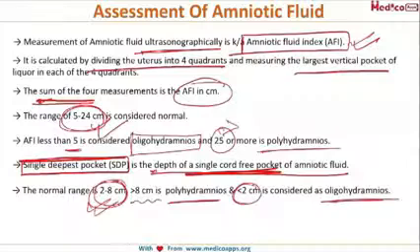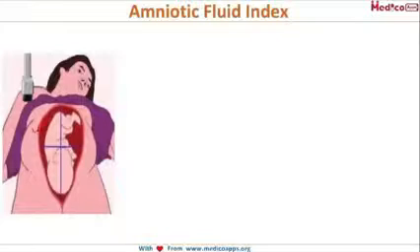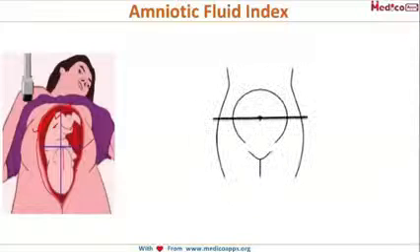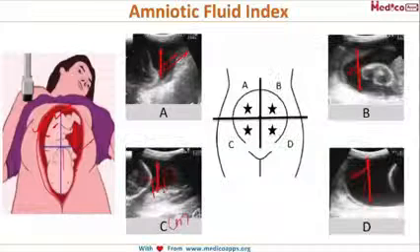Now if you have any confusion that how do we measure this amniotic fluid, you understand this by this diagram. Here this is our uterine cavity and this is our fetus. Now this entire amniotic cavity, we divide it into 4 quadrants by drawing these 2 lines. And in all these quadrants, we measure the single largest vertical pocket that you can see here. This is our single largest vertical pocket. And when we take this for all the 4 quadrants and we add them, then it gives us the AFI in centimeters. So with this we come to